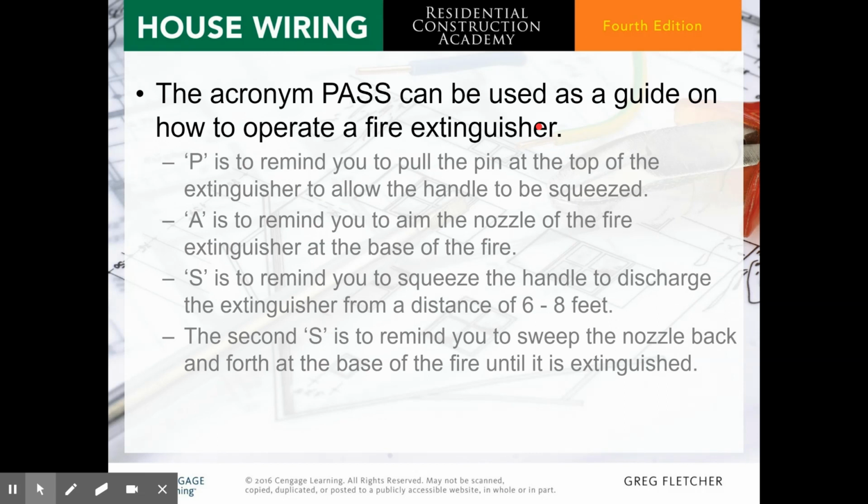The acronym PASS can be used as a guide on how to operate a fire extinguisher. P is to remind you to pull the pin at the top of the extinguisher and allow the handle to be squeezed. A is to remind you to aim the nozzle of the fire extinguisher at the base of the fire. S is to remind you to squeeze the handle to discharge the fire extinguisher from a distance of 6 to 8 feet. The second S is to remind you to sweep the nozzle back and forth at the base of the fire